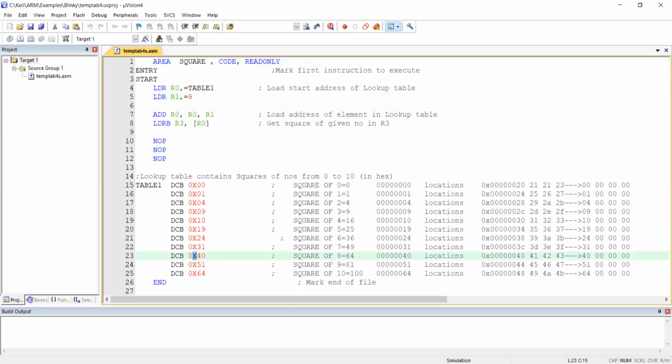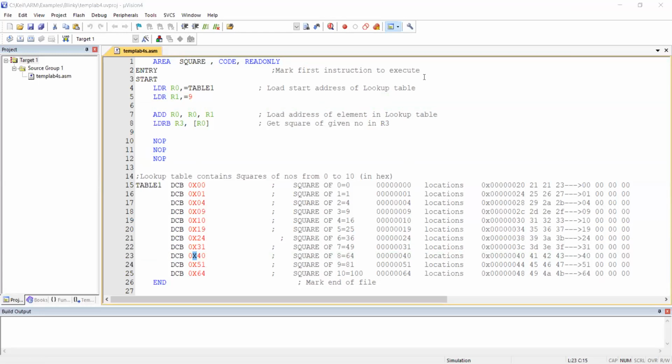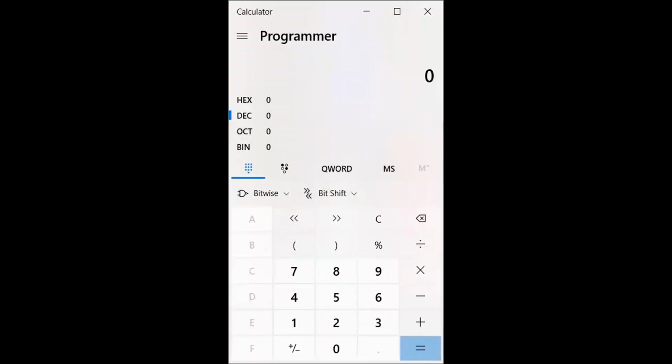So what I do is, please use a calculator if you have one nearby. New sheet, calculator. I will keep it in hex. I hope it is very simple up to 3. 0 square is 0.